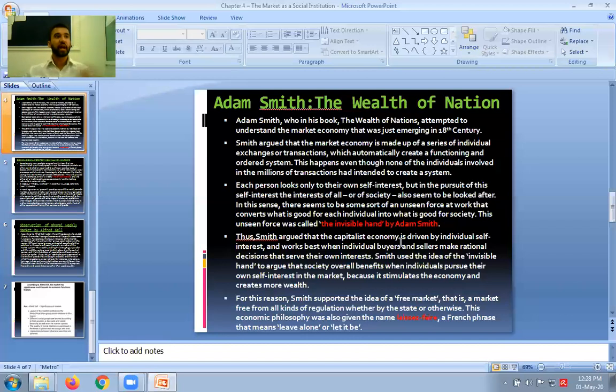If government says that there should be no cold drinks in the market, then there will be no cold drink in the market, right? So the rules and regulations that government imposes in a market give rise to free market. And free market is related to market economy. It's a kind of economic system. Market economy is a kind of market in which there is free trade, where government is not putting certain rules and regulations on the market, and everything is based